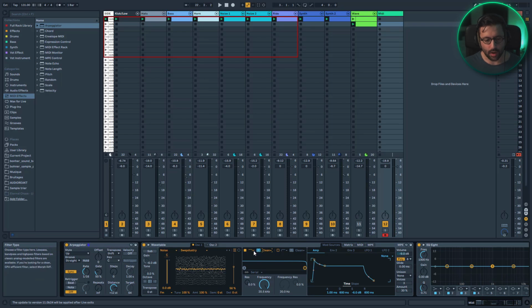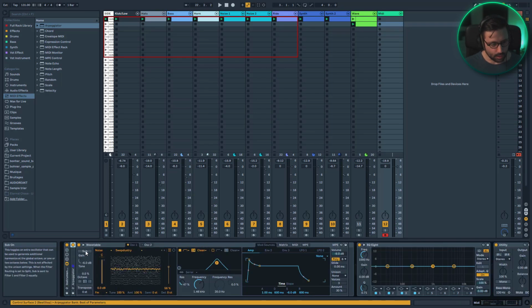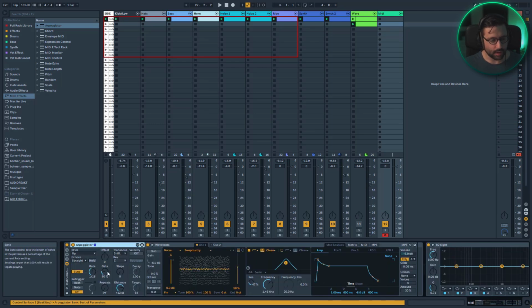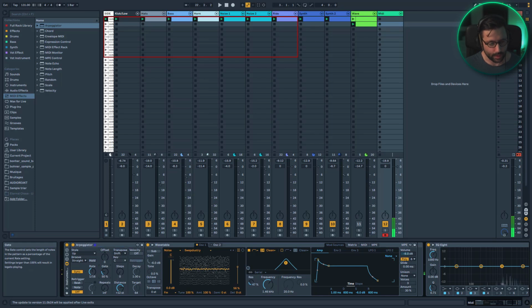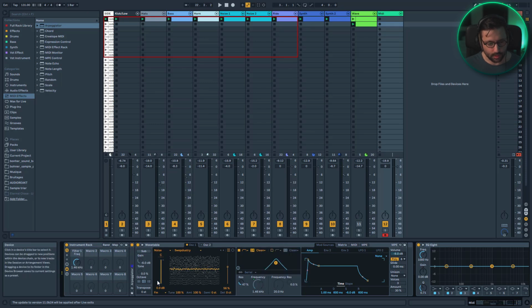And we're gonna use a bandpass filter, and we're gonna put it on 24 dB, but we're gonna bring up the resonance a little bit. So then we can start to already groove a little bit. So the arpeggiator stays like this. So obviously it's on 1/16, but you can experiment with other rates. Gate needs to be at 93, and then we can map the first macro, which is the filter. So this one,